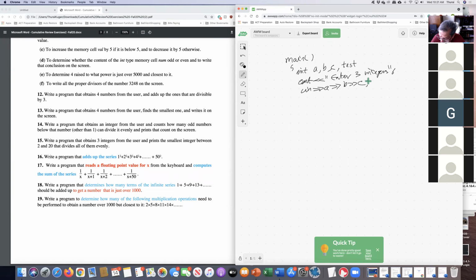So I'm going to start my test at 2, and to test all of those numbers, I have to use a while loop. While test is less than or equal to 20. I have to go all the way up to 20. And then my testing has to be an if statement. If